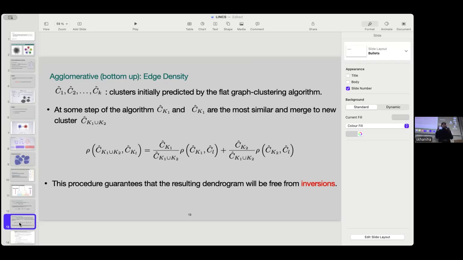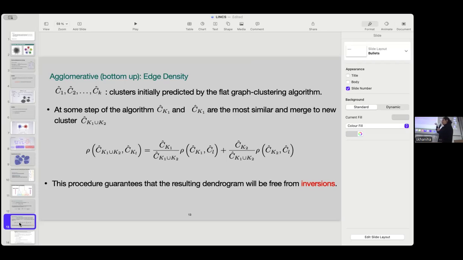We expect that the distances between the nodes in the lower cluster are less than the distances between the clusters when we go higher. This is what we expect, but not with every algorithm does it happen. Sometimes this is not satisfied. In these cases, we say that we have inversion. But with this definition of the distance, which is very natural,